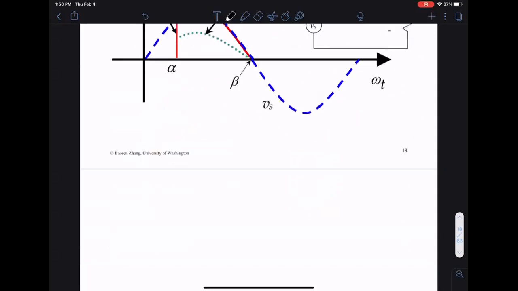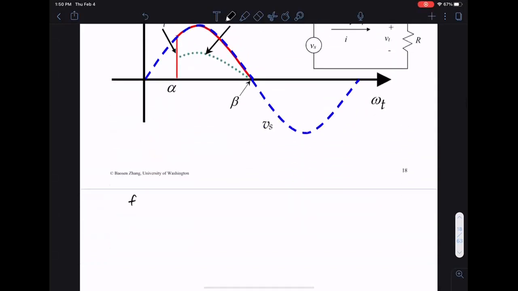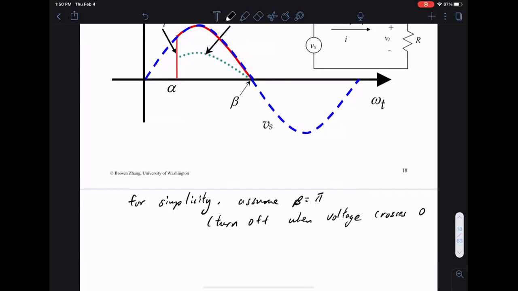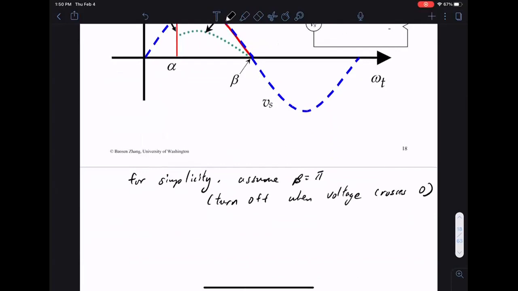For simplicity, we're going to assume beta is pi. So you turn off when the voltage crosses zero. We're going to turn off when the voltage crosses zero, beta is pi. Then in this case, if you compute the average, then the average is